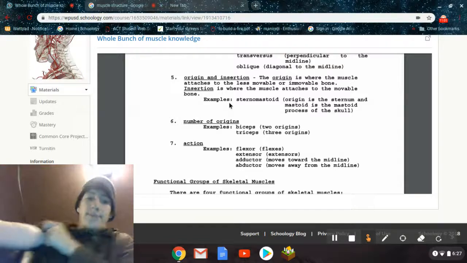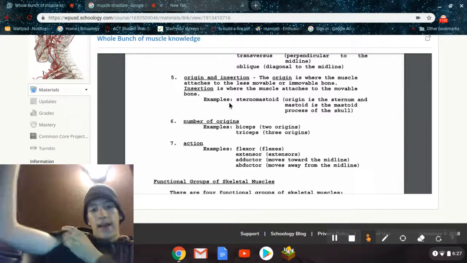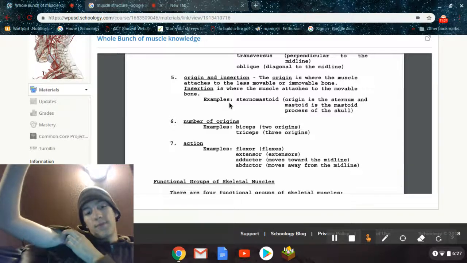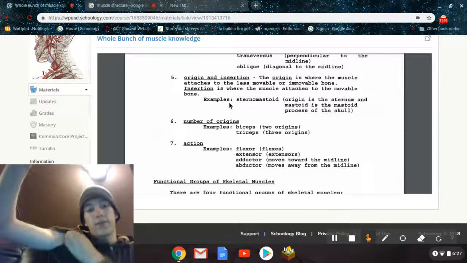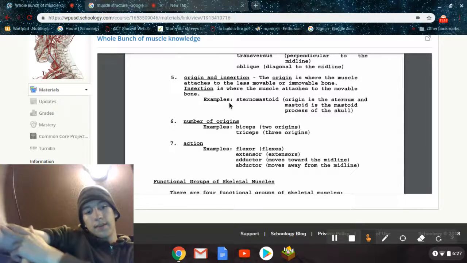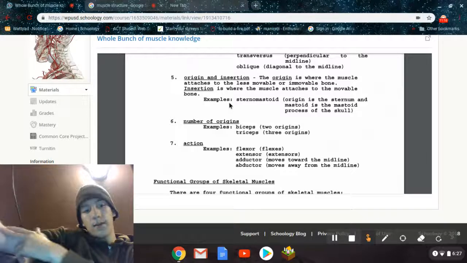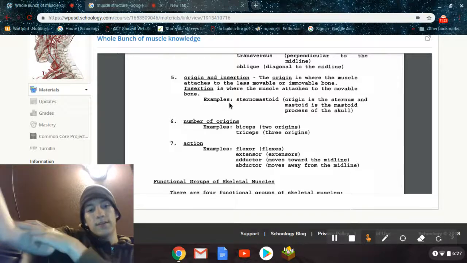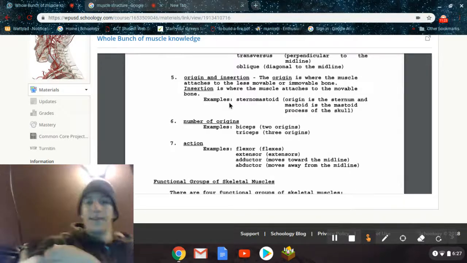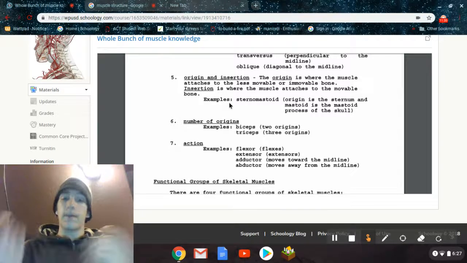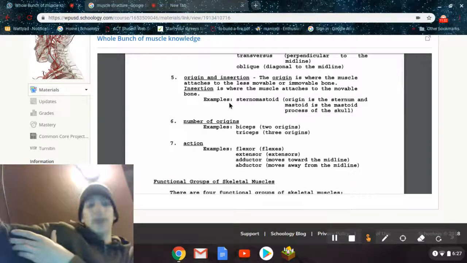Your bicep, or my bicep rather, is a great example because it only has two attachment points, right here and right here. This is the insertion point because it's the most mobile point, and this is the origin because it's the least mobile point of attachment. And then the number of origins, like my bicep,